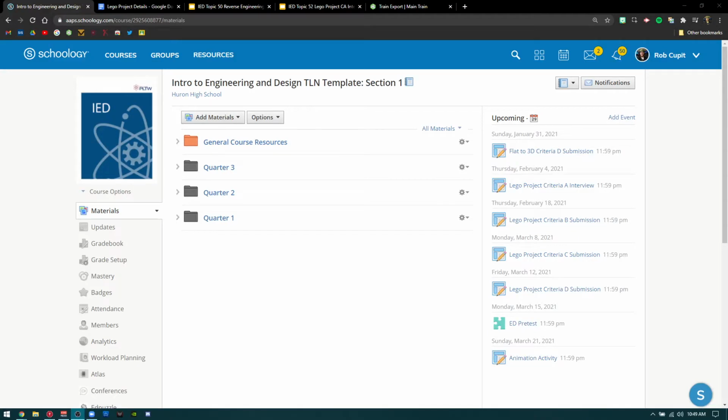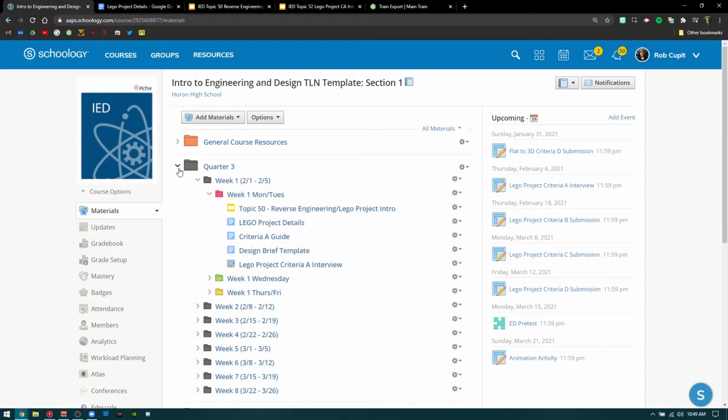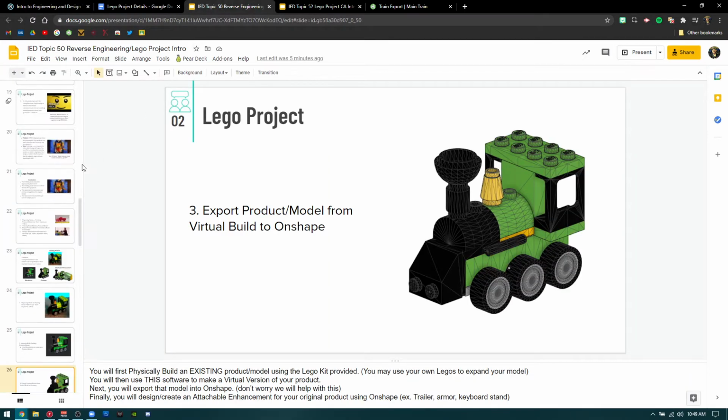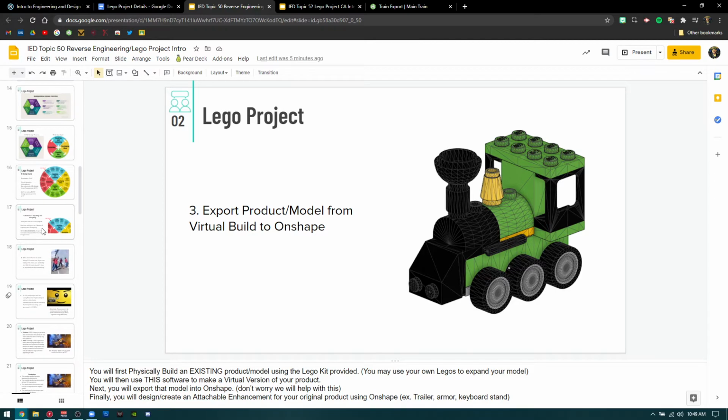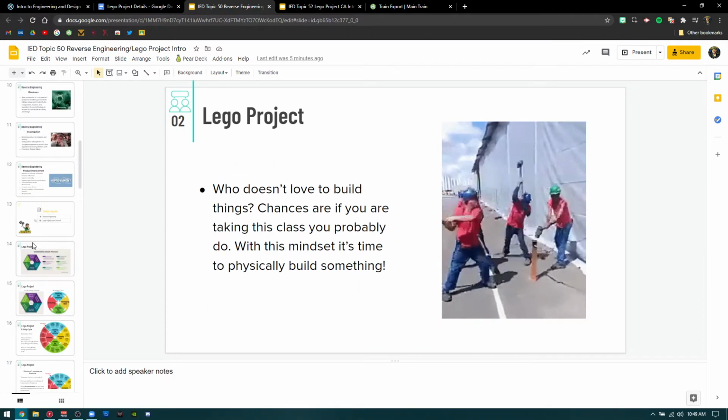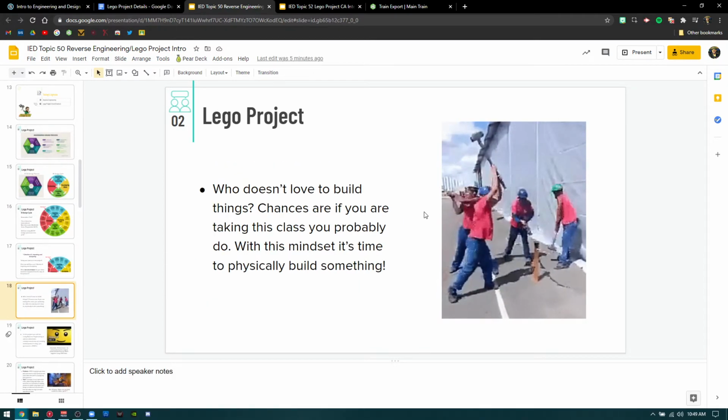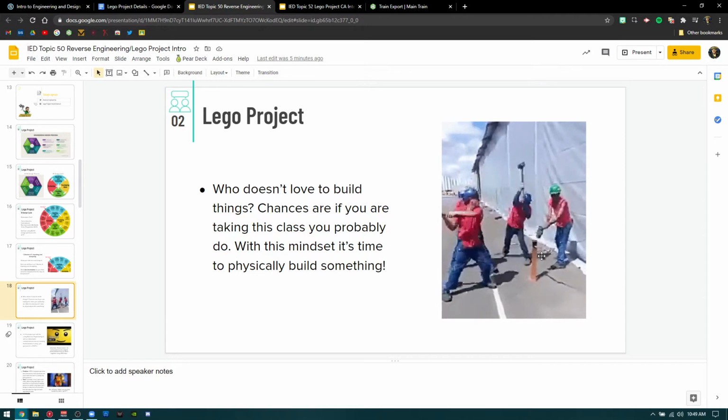Hey everybody. This is just a quick update on quarter 3 week 1 content with the Lego project and some of the things that have come up since we last talked on Wednesday. In the slideshows, Katie and I broke up some of this stuff to make it a little more understandable, a little more clear